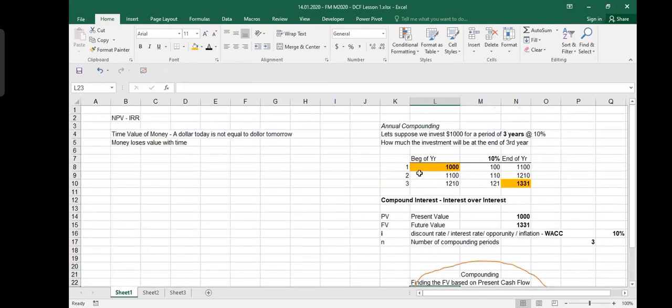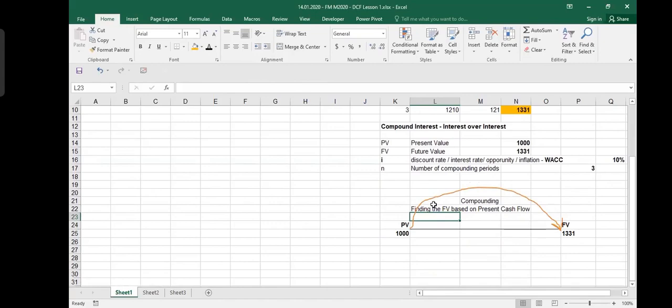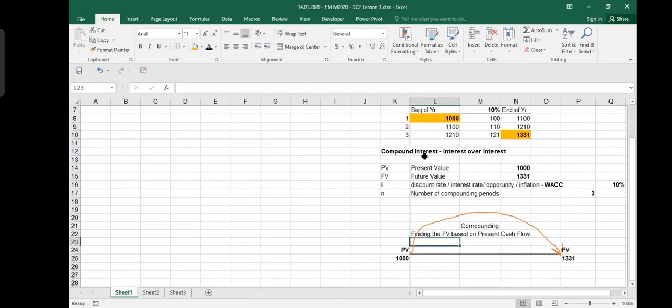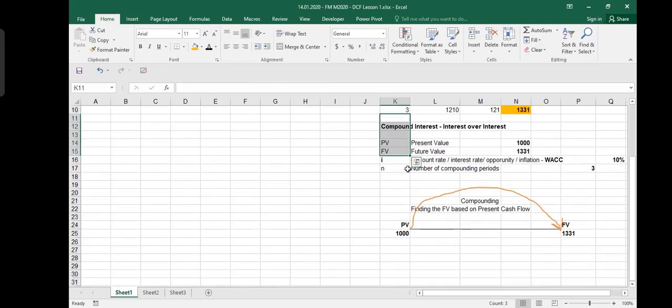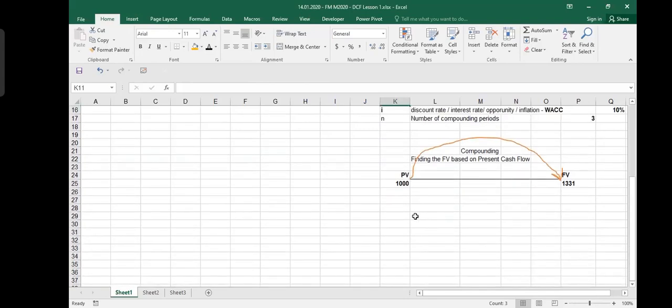We did it only for 3 years. What if they tell us to do it for 8 years or for 10 years? If I have to do it for 5, 6, 7, or 8 years, I need to make a much longer table, and such a long table takes time. So you can find out the future value based on some formula. The formula for future value is, let me write it down here: future value is equal to present value multiplied by 1 plus